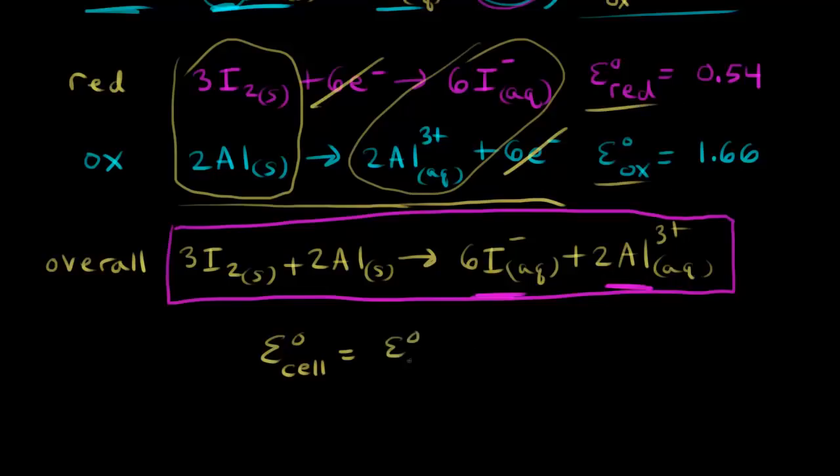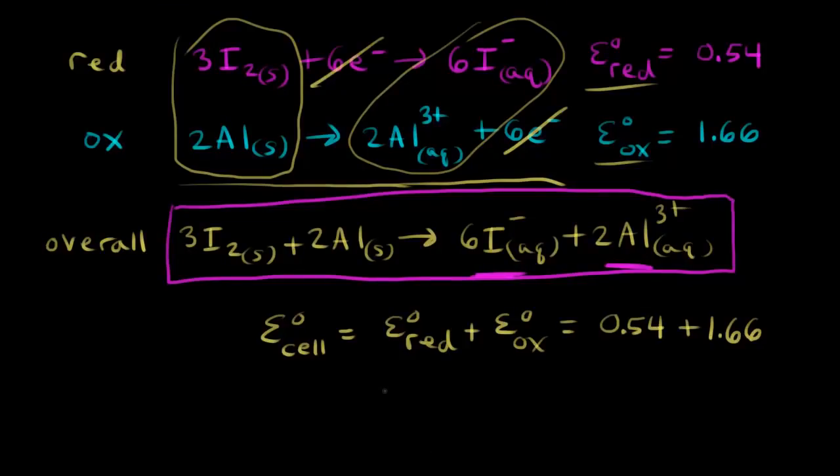So that would be positive 0.54 volts plus positive 1.66 volts. So E0 cell is equal to 0.54 plus 1.66, which is equal to